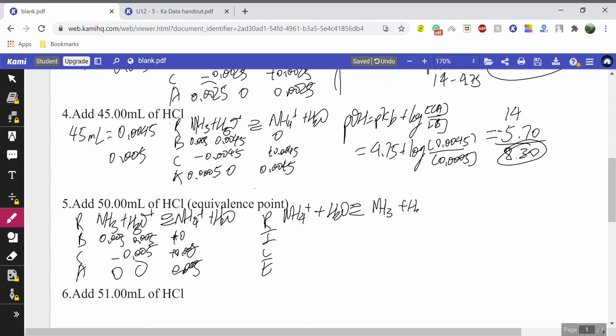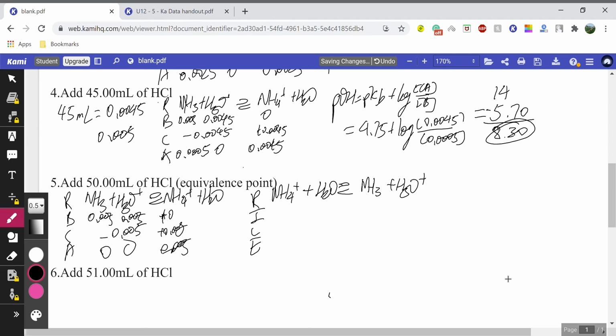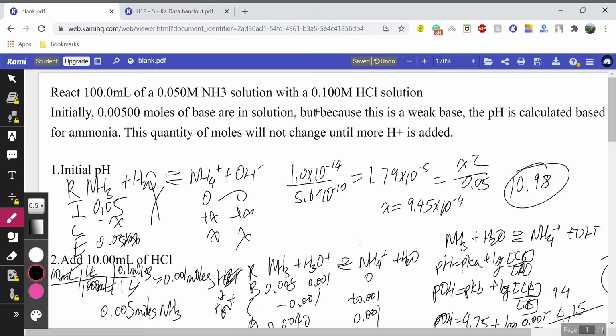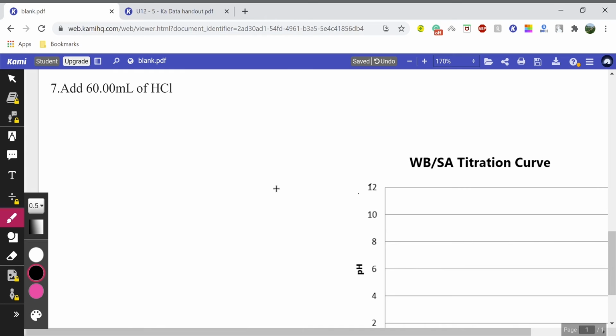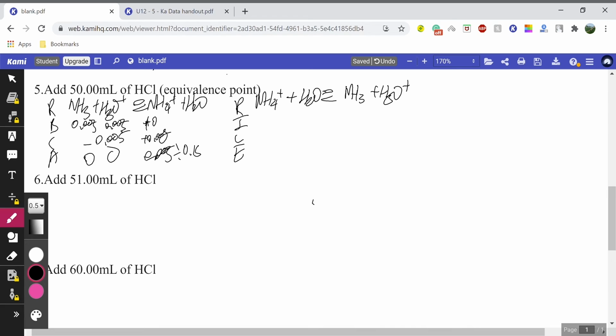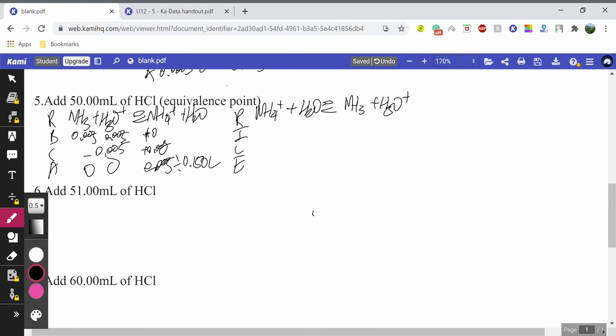NH3 plus H3O+. Right, before doing a RICE chart, we gotta convert this 0.005 moles to molar, because in a RICE chart we can only work with molar. So 0.005 divided by, let's see what it says, 50 milliliters over here, and in the beginning it was 100 milliliters. It's going to be 100 milliliters plus 50 milliliters, which is 150 milliliters. So 0.150 liters. Again, this is 50 milliliters plus 100 milliliters in the beginning. So 0.005 divided by 0.150 is going to give you